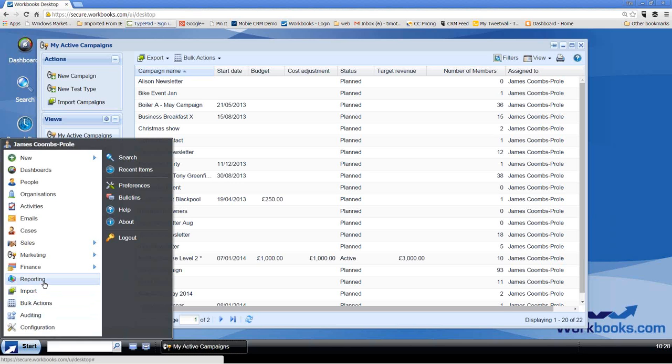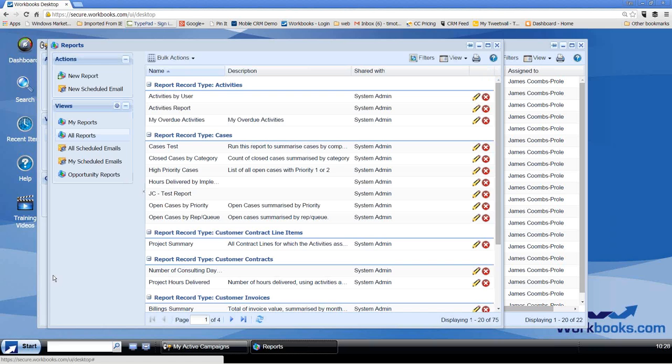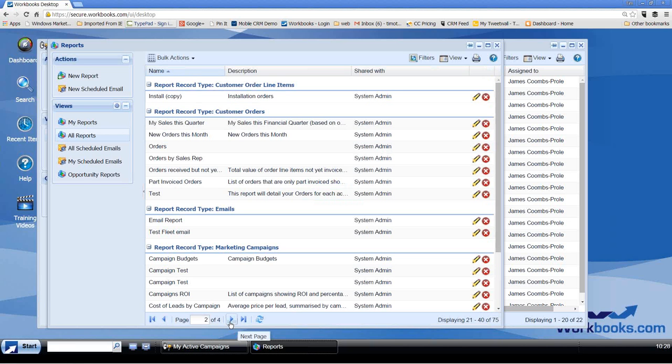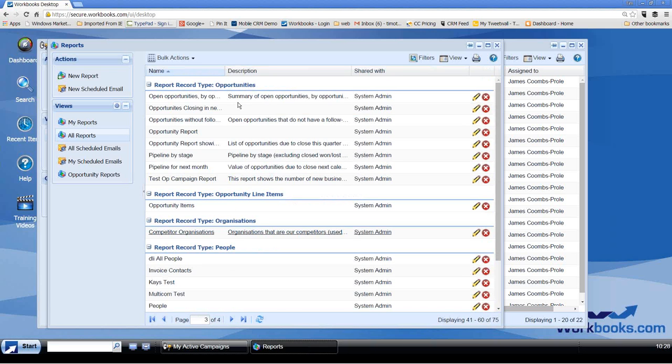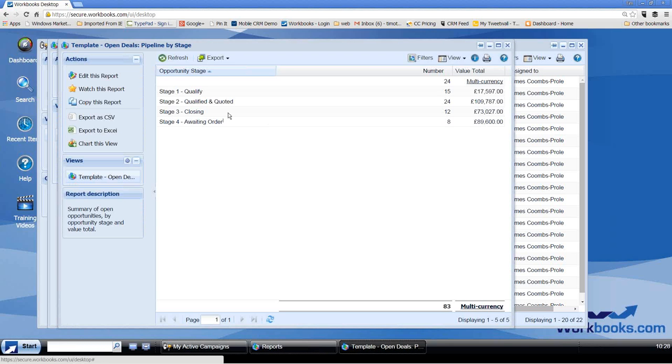From that start button, going back to the start menu again, reporting. Here's the report writer, and as I say, there's approximately 50 reports, and those reports are in different sections. So these are activity reports, cases, support reports, and so on. I've got 4 pages of reports here, so we can go through and look at all of the opportunities, and you can click on one of those and print off your opportunities here, and that's an example report,